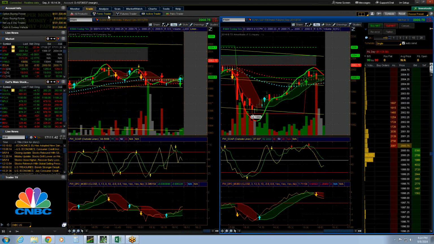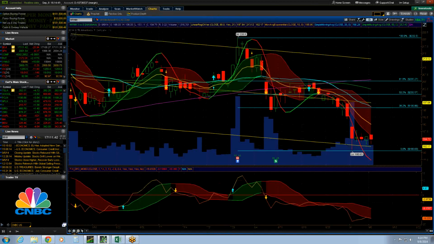And you have, under the trade tab, active trader and futures trader. And it doesn't have to be there. You can create another chart there that you can flip to. It could be on a regular chart, and you just pull up a regular chart. But type in the symbol. You see the symbol right here,